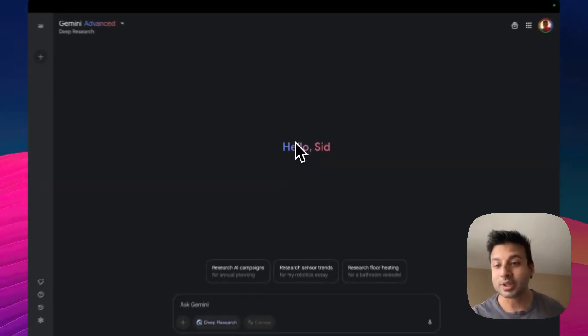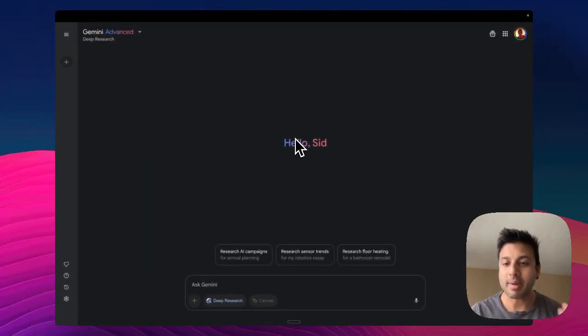All right, so Google has updated their Gemini web app with some new features. And Gemini is Google's language model compared to, say, Claude from Anthropic or ChatGPT from OpenAI. And so the three features that they've added recently that I want to cover are deep research, audio overviews, and